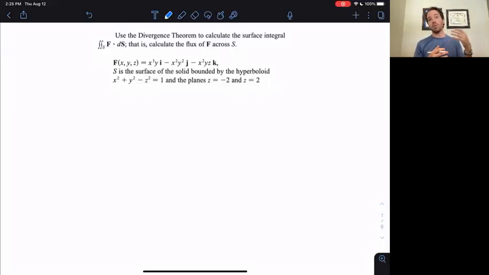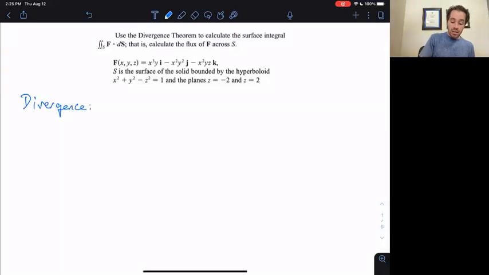Then we had the fundamental theorem of line integrals, which basically said the same thing, except on a curve. Then we had Green's theorem, which related a double integral over a two-dimensional region to an integral around the boundary of that region. Then we had Stokes's theorem, which related the behavior of the function over an entire surface to the integral over just the boundary of that surface. The divergence theorem